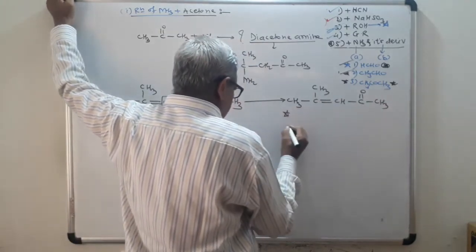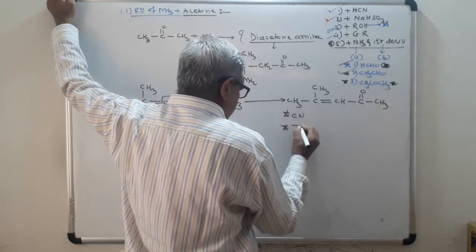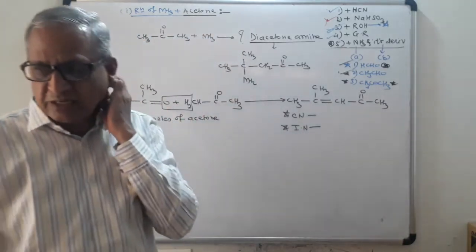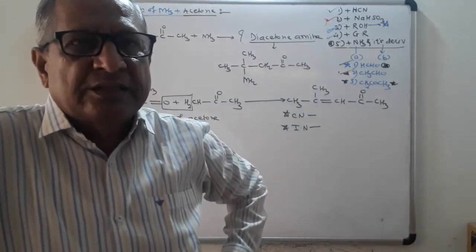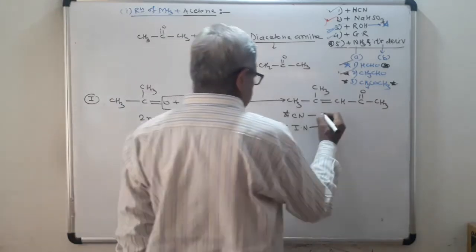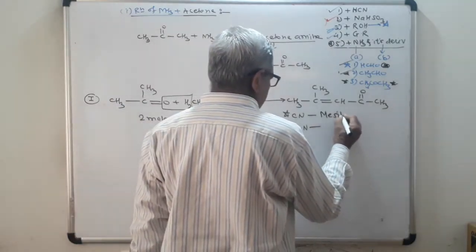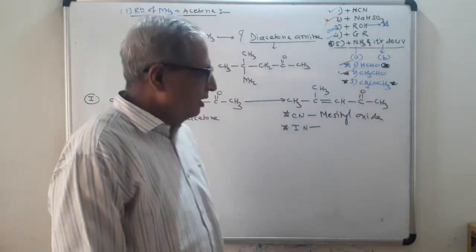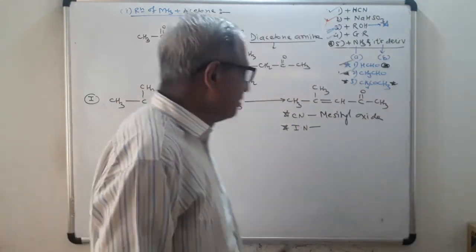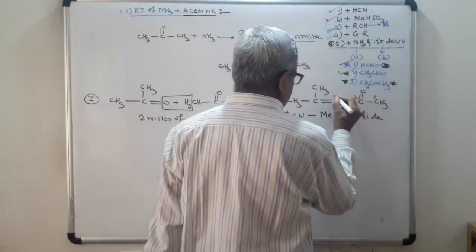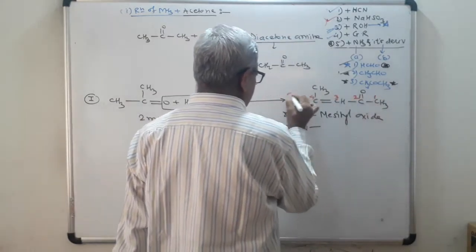This is the important question here. Write its common name and IUPAC name, because I explained the structure in the nomenclature of ketone. So the common name of this one is mesityl oxide. Mesityl oxide. IUPAC name: numbering from LHS or RHS? Numbering must be from RHS. 1, 2, 3, 4, 5.